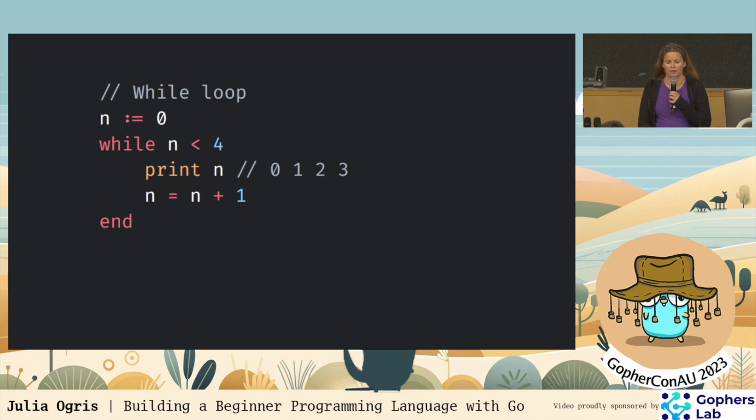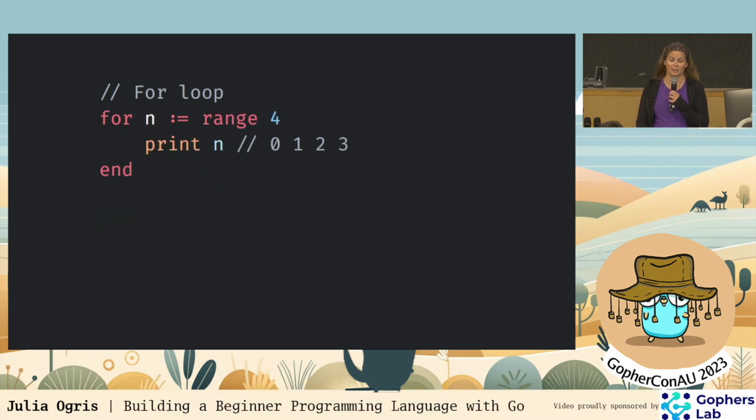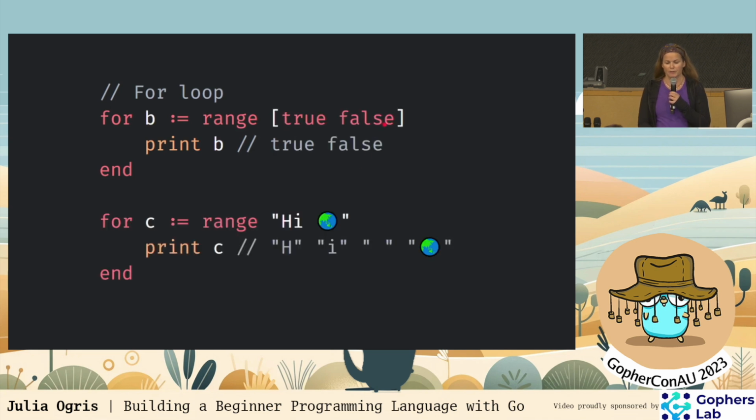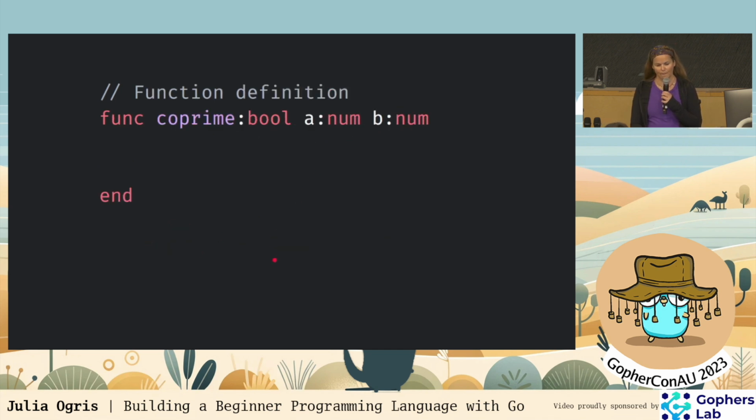So here we're looping over the variable n from 0 to 3 in those 5 lines of code. The same thing expressed as a for loop should be again familiar. However, the range, numeric range statement here also takes an optional start value and a step, a bit like Python. You can for range over arrays, like this Boolean array here with the values true, false, over the keys of a map and the Unicode code points of a string.